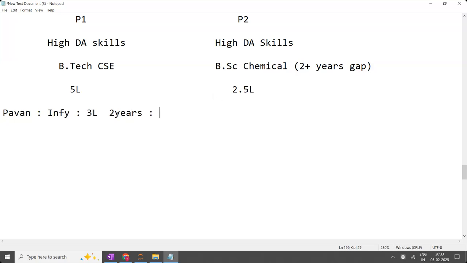Just take a random guess. Those of you who have an idea about the IT industry, just take a random guess. So around, if you add a 20% hike every year, first 3 lakhs, next year a 20% hike means 60,000, so 3.6 will be there. Again, if you add a 20% hike to that, an additional 72,000 will be added, so 4.5 lakhs should be there. Now he is working at close to 8.5 lakhs. One of the students has made the correct guess.